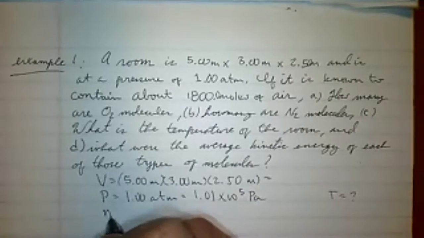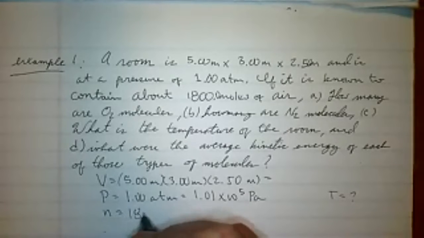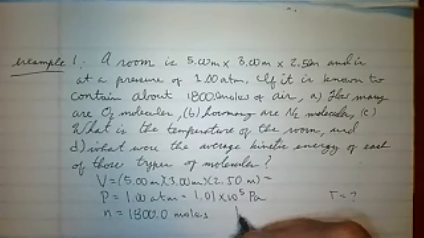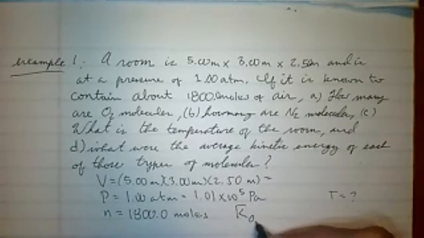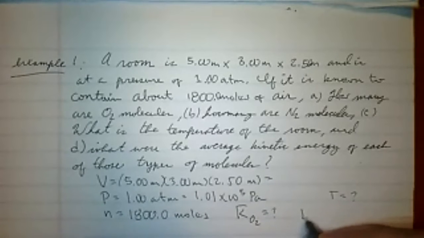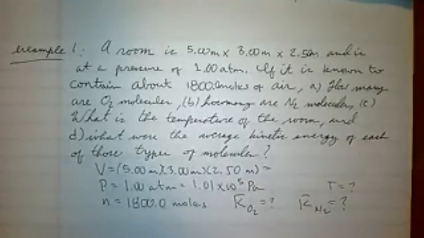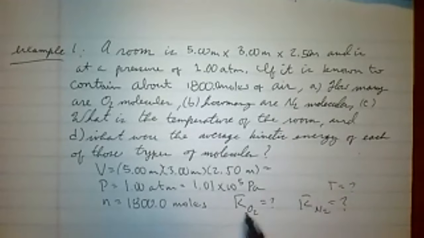But I do know that N, the number of moles, is equal to 1,800.0 moles. I do not know the average kinetic energy of the O2, and I do not know the average kinetic energy of the N2. So does everybody have some feel for what we're trying to work out here? Hopefully that should make some sense. Okay, so in order for us to figure out these last two parts, clearly we got to use the 3/2 kT